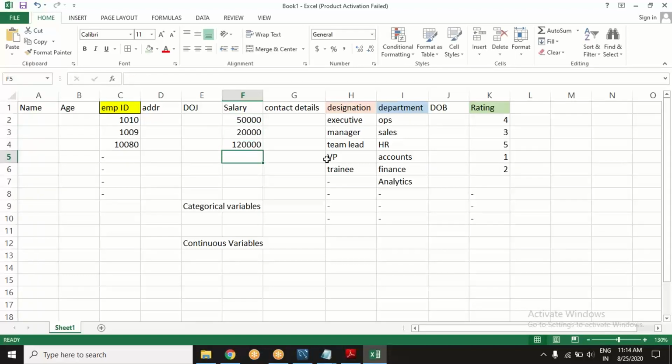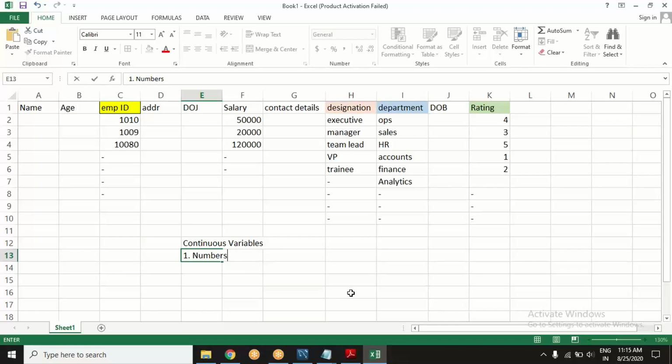Yes or no? This kind of salaries and so on. It will be a number. So those variables we are calling continuous variables. How do we identify continuous variables? Very simple. Number one, they will be numbers.